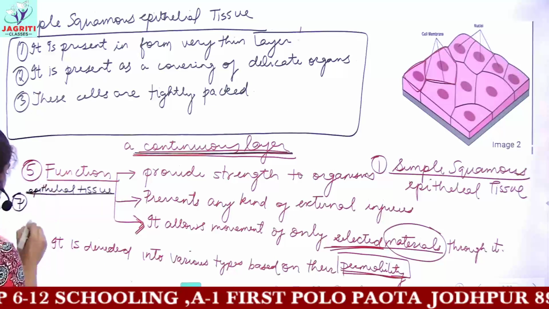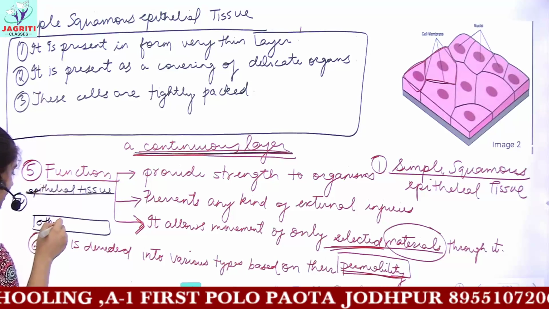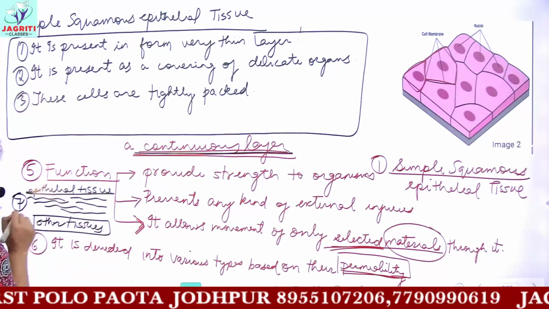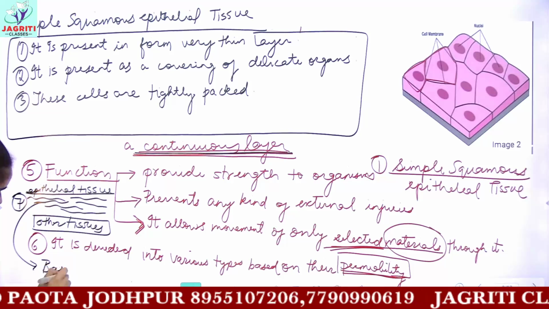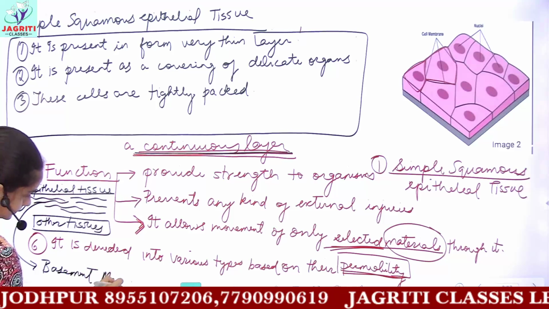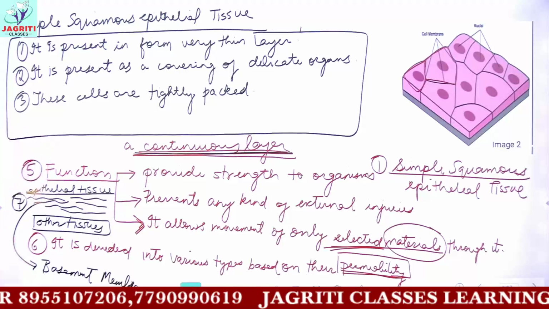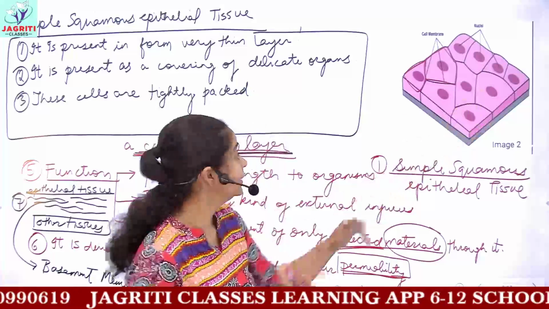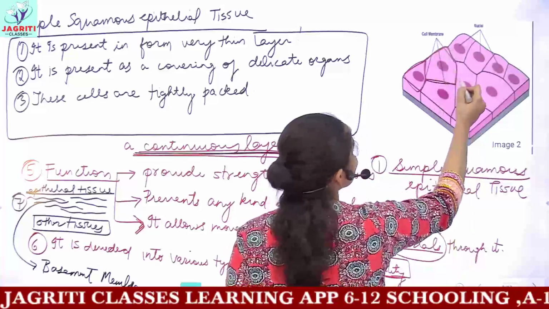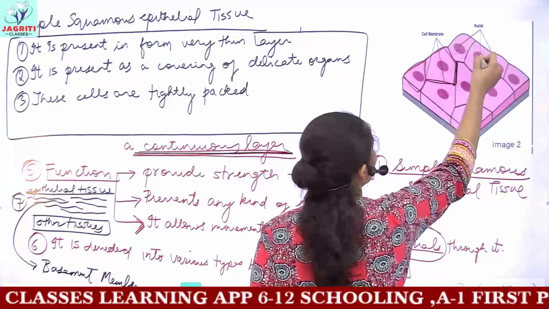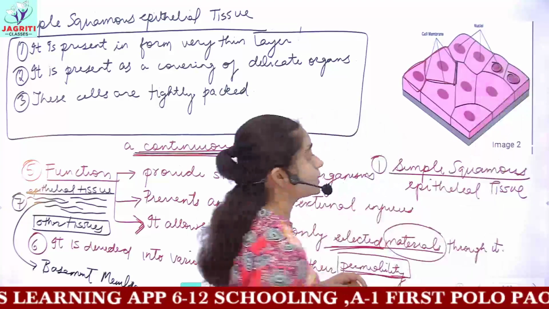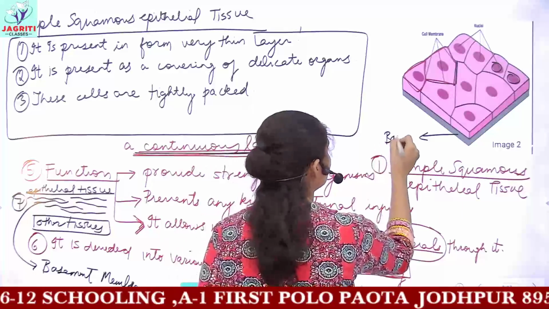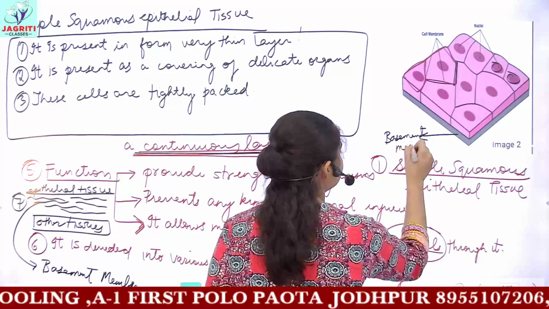So this epithelial tissue is separated from the other tissues through a fibrous membrane-like structure which is called the basement membrane. So remember, this epithelial tissue which is present at the outer surface of your body, this is your epithelial tissue. You can see these are the cell membrane boundaries of the cell, and these black spherical structures drawn here are your nucleus. And this dark structure drawn here is in turn known as the basement membrane.